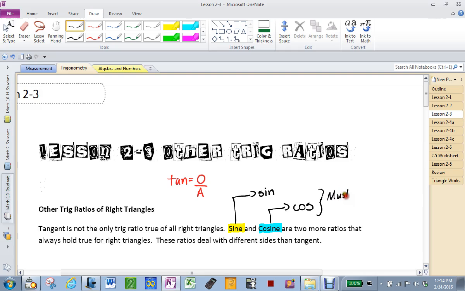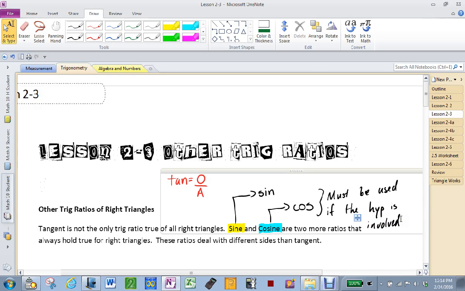must be used if the hypotenuse is involved. So if you are doing any work that requires you to use the hypotenuse, you are going to use sine or cos. Everybody with me? All right. Now,